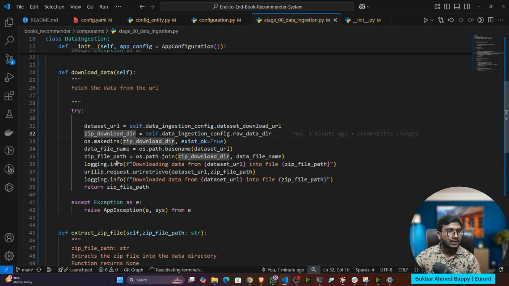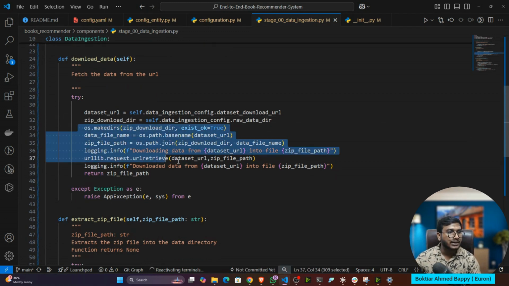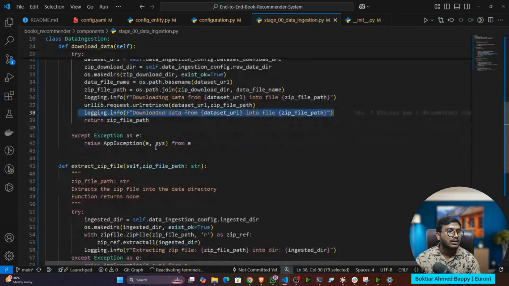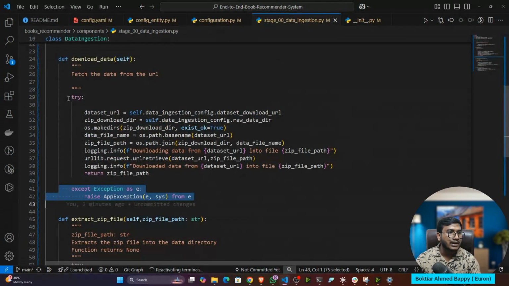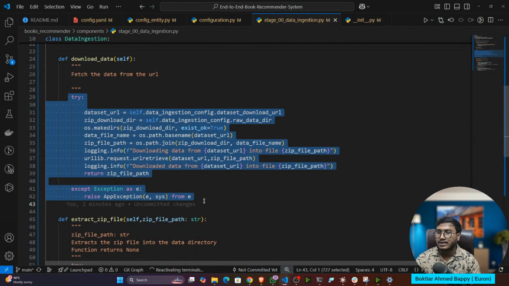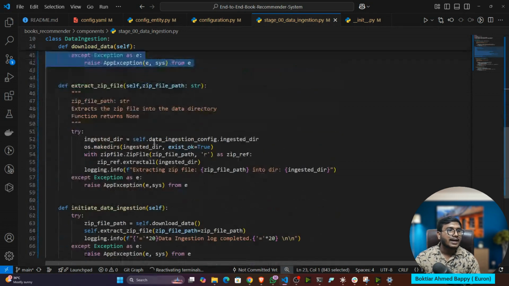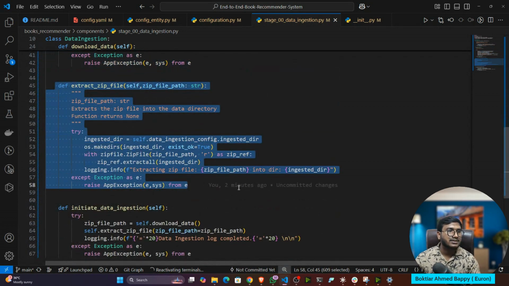That's it. Now you can see, first of all, I'm downloading the data from the URL, and I'm logging the information also, like downloading the data from the zip file and all. Then if any exception is occurring, I'm also writing in the try except block. This is super important, guys. Whatever things you are writing, write everything in the try except block, so that if your code is failing, you will get the proper information. Then once my data is downloaded, I'm extracting the zip file, and this is the function.